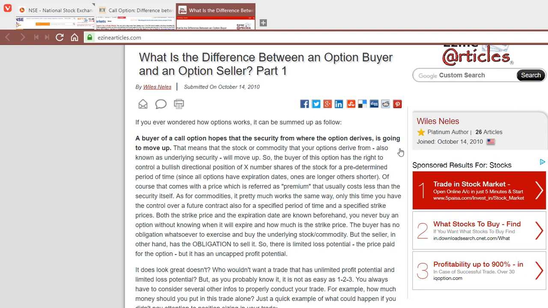Now, you might think, what is the benefit of selling the call option? If you buy an option and your trade goes wrong, what happens? For example, you bought a 10,800 call option today and Nifty is falling. What will happen? The value of this call option will also keep on going down. And that's when an option seller makes money. Now, he can make money by buying a put also. Mind you, buying a put option and selling a call option are equally the same, more or less, I would say.